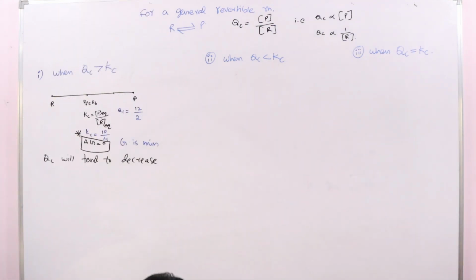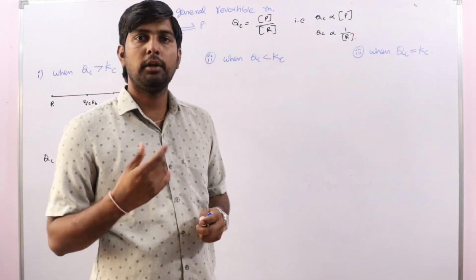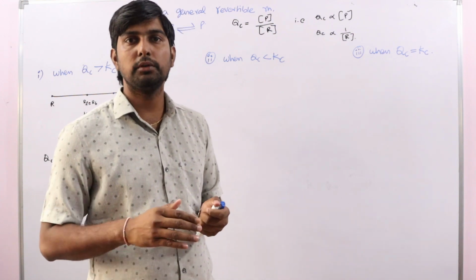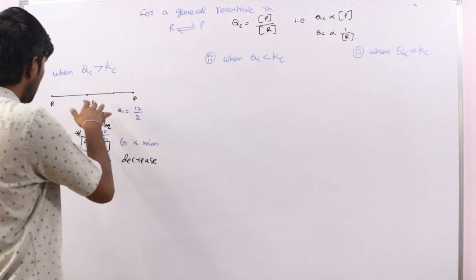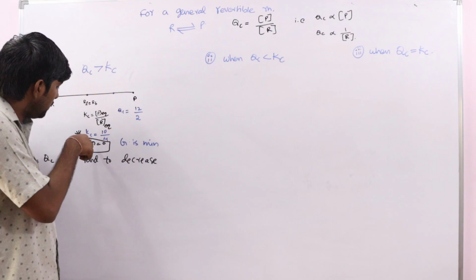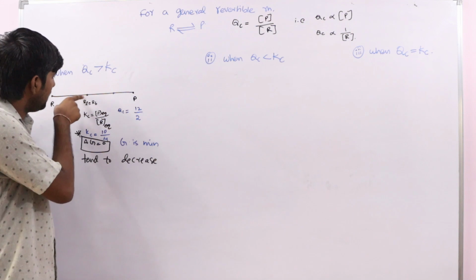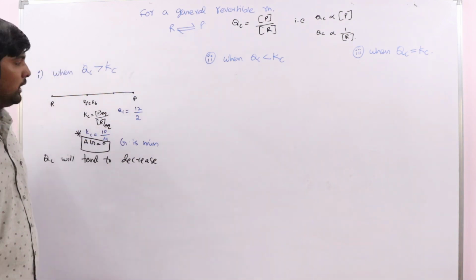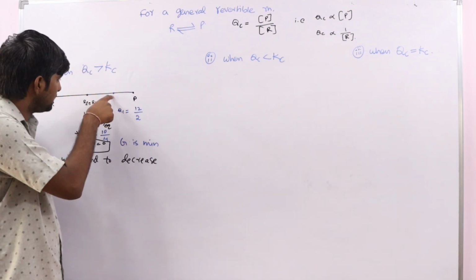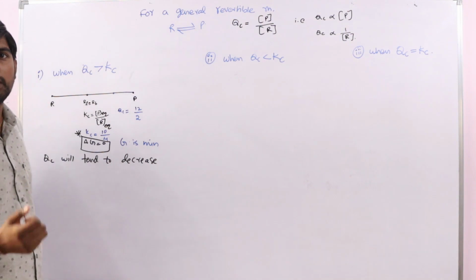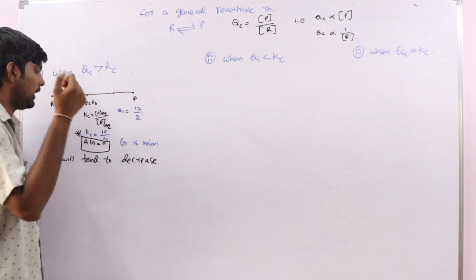We are doing a job to get money, to get stability in life. You are studying to go into a good position. Everything in nature is trying to get stability. So here we are saying that for this reaction in the given conditions, this Kc equilibrium position is the most stable state. This position is less stable when compared to the equilibrium position. That's why Qc is trying to equal its value to the Kc.